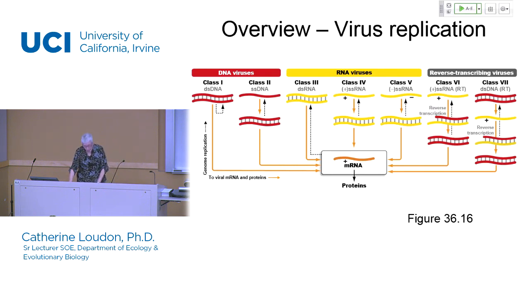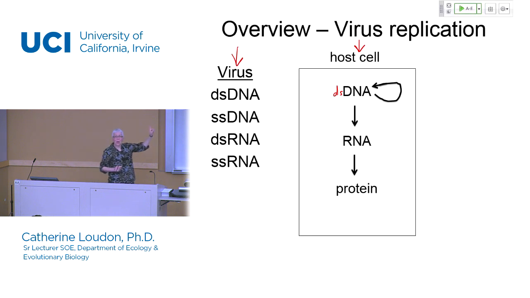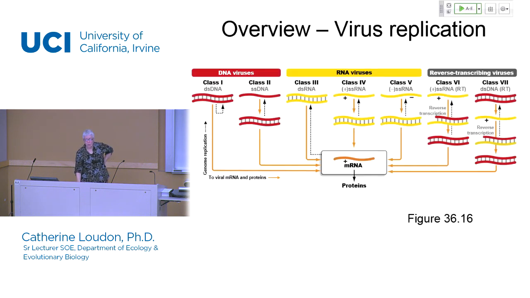And what does this mean? If we go back to thinking about what a host cell does when it makes protein, it uses single-stranded RNA to generate the protein, and so this would be considered the plus sense. So that's why we have two different kinds of single-stranded RNA. And then over here on the right, we have the so-called reverse transcribing viruses, which are somewhat different. We've got an example that is both RNA-based and DNA-based, as shown here.